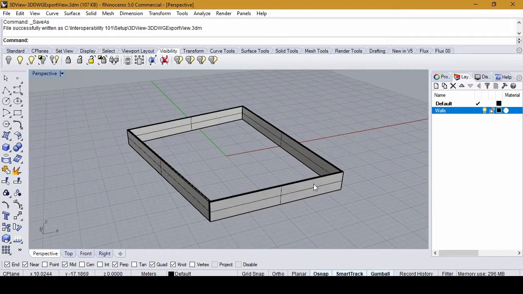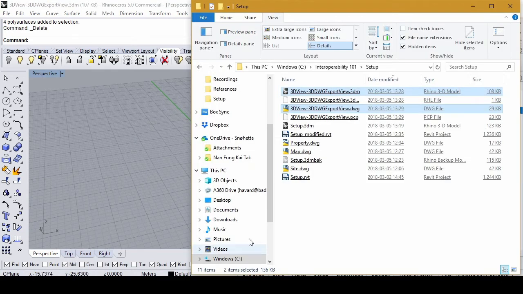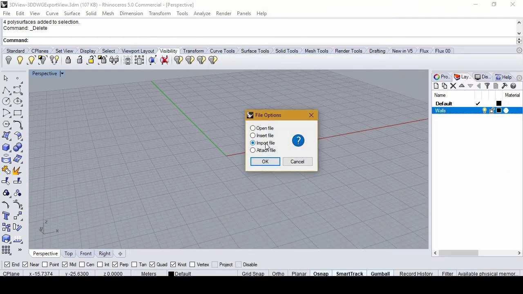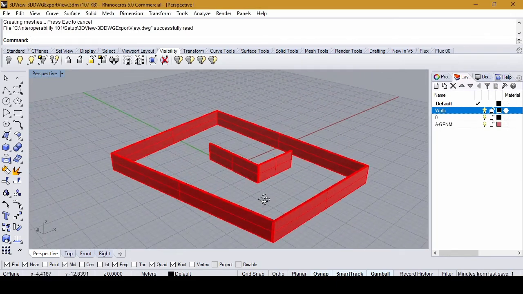Now, obviously, our Rhino file hasn't updated. So, inside the Rhino file, I'm going to Control A, just select everything, deleting the geometry, and then going back to the DWG file and then importing it, not opening it, importing it. Whatever layer settings or system settings that you set up in this Rhino file is then going to be kept. This is important, for instance, when it comes to glass, or if you're working with rendering in Rhino, that you keep the settings in your file, not open a new file, but import the geometry into your existing file.